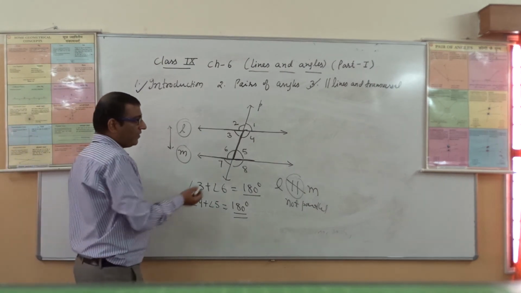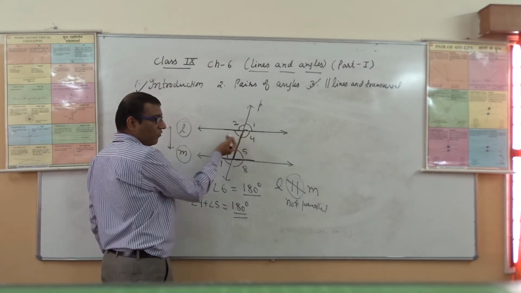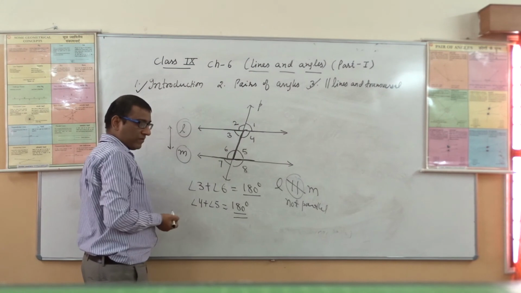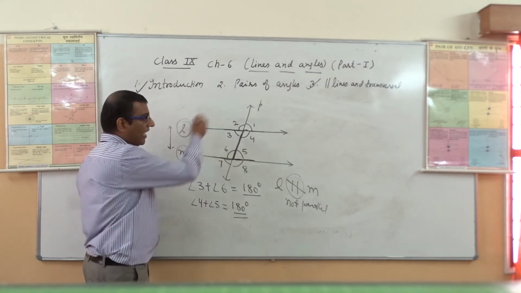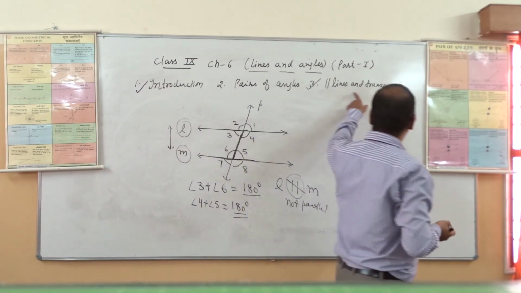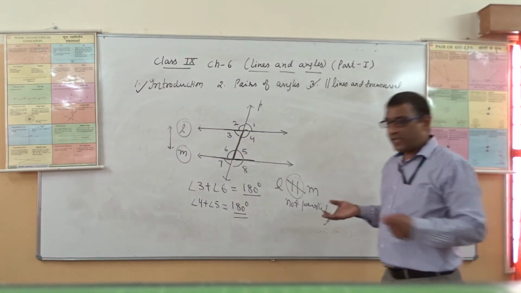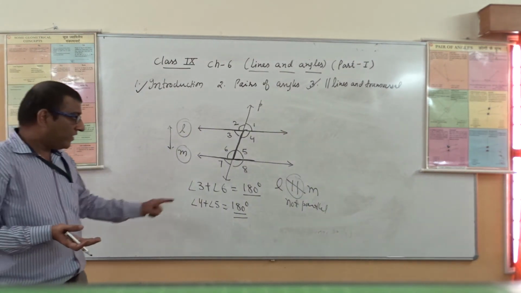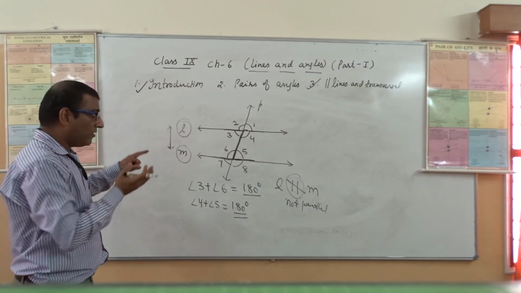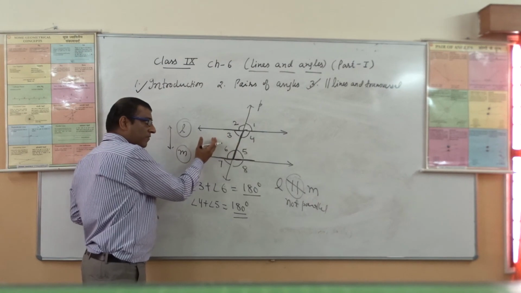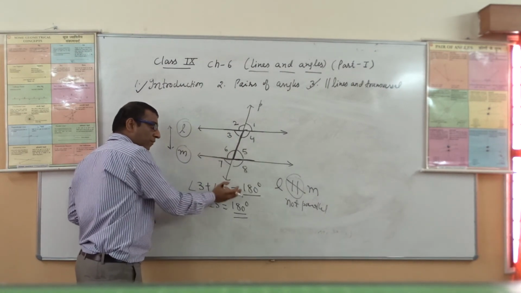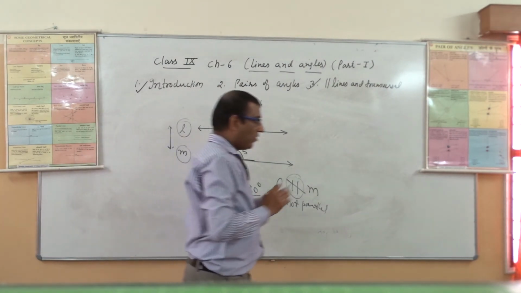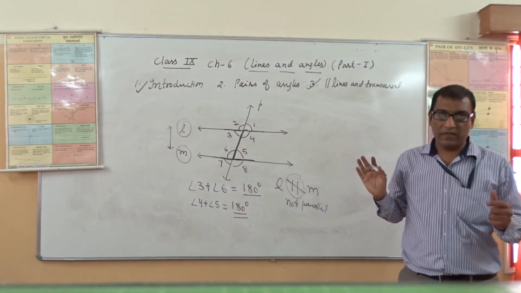If you see in this diagram, this is the concept of linear pair also, 1 and 4. If we add the two angles 1 and 4, their sum becomes 180 degrees. Same for 6 and 5. Same for 6 and 7. So with the help of this diagram, this concept of parallel lines and transversal, we will define so many angles. It may be a corresponding angle, an alternate interior angle, or an alternate exterior angle, and this is also a concept. Whenever interior angles lie on the same side of a transversal, their sum should be supplementary, equal to 180 degrees. Same for angle 4 and angle 5. So with the help of this diagram, we will define so many angles and so many concepts.